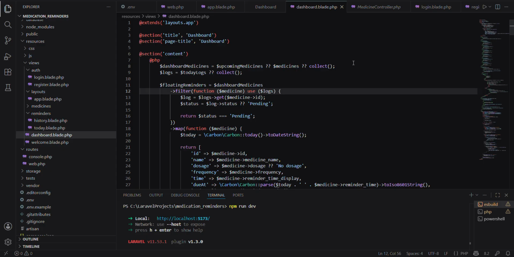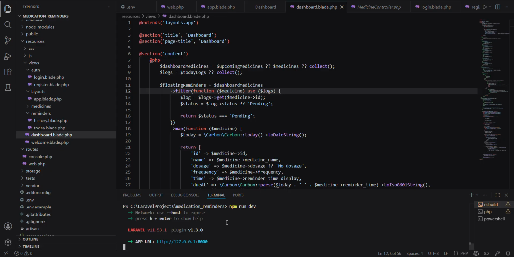Also, in this medication reminder system, I use Vite for the design and layout.